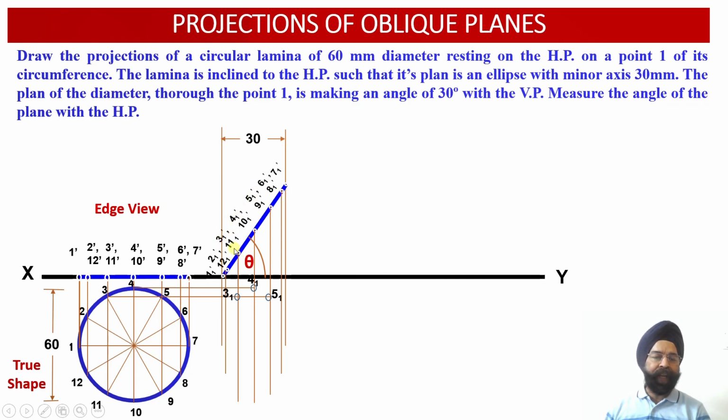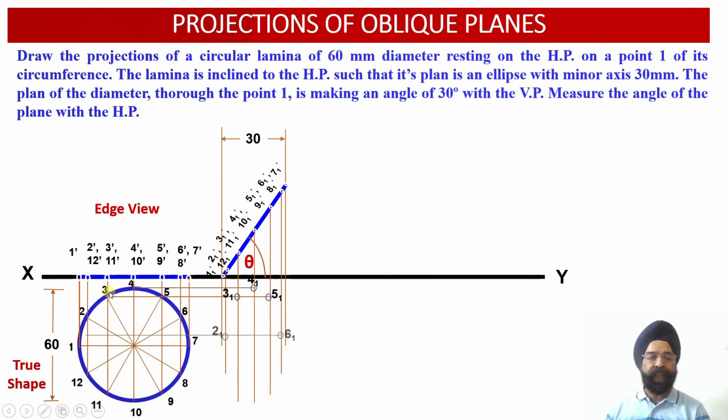So this is the point 3 1 dash. We can see from 3 1 dash we draw a perpendicular downwards, and wherever it intersects with the horizontal projector through point 3, this point is the point 3 1. Similarly, we have drawn a vertical projector from the point 5 1 dash. So from point 5 1 dash we have drawn a vertical projector downwards. Wherever it intersects with the horizontal projector line drawn through point 5, we obtain the point 5 1 in the